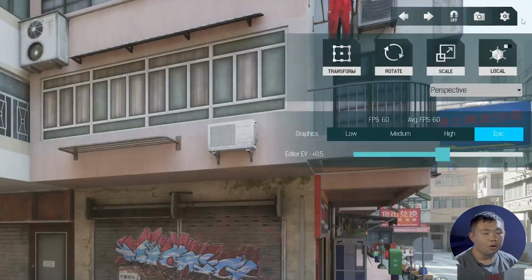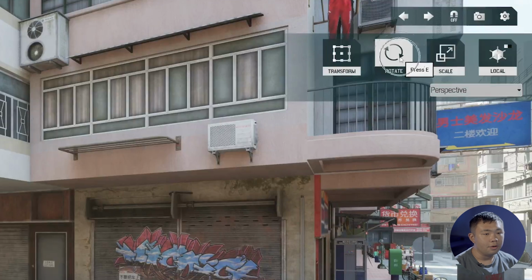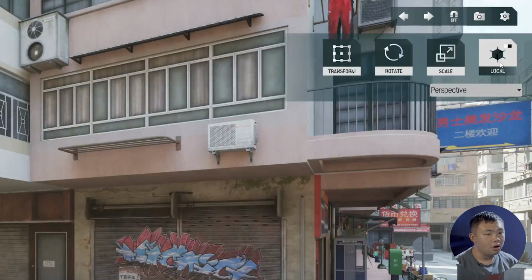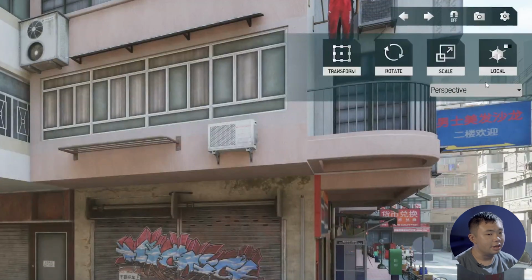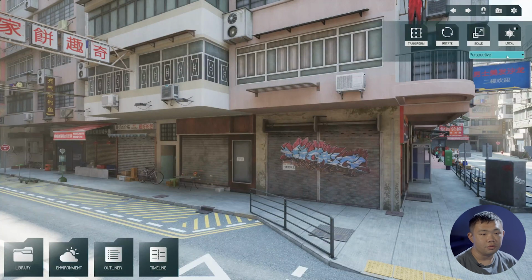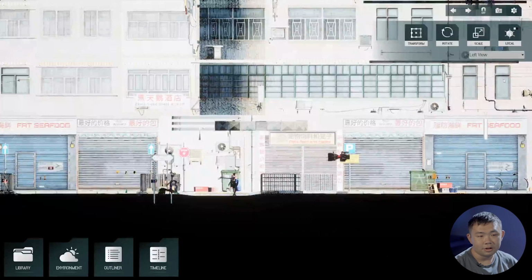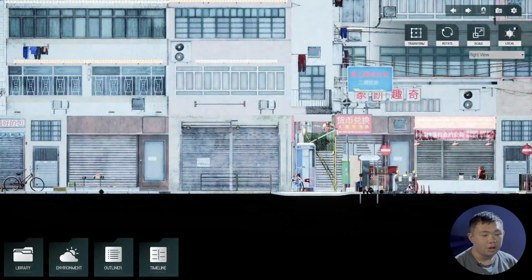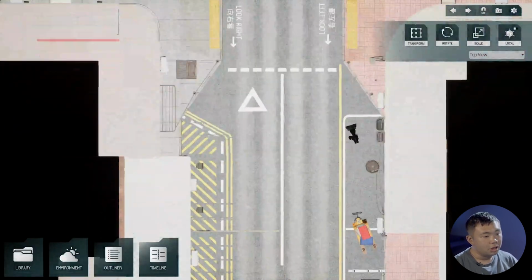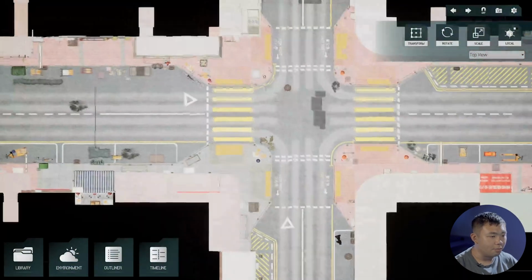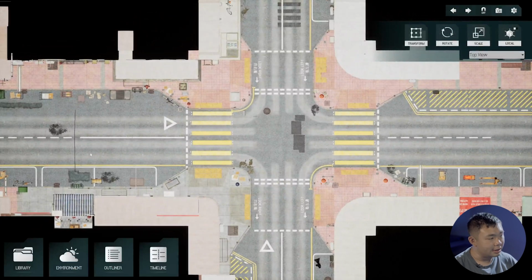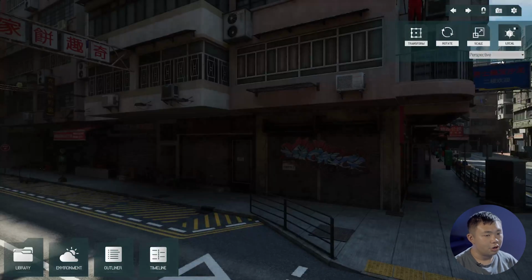but not about the scene that you're going to capture. Then on the next row, we have Transform, Rotate, Scale, and Local or World. So for Local or World, it's about the coordinate systems of your object. We'll talk about it later. And here we also have different perspectives to choose. We have Perspective, Top, Left, and Right. If you are familiar with those 3D software, I believe that you can use these functions quite well. And the top view is a very useful function. You can just go around your map to see how you can put your things here. And alright, let's go back to perspective.